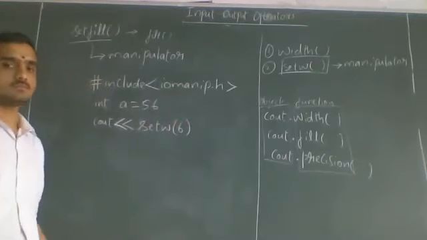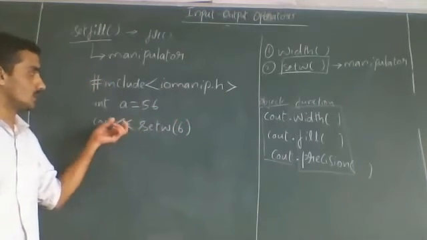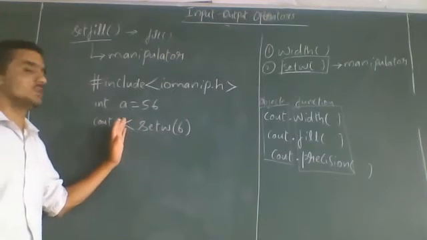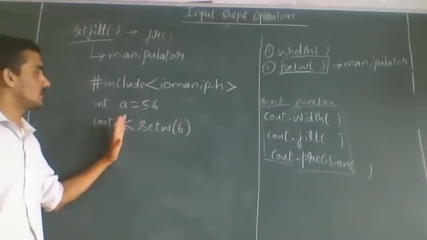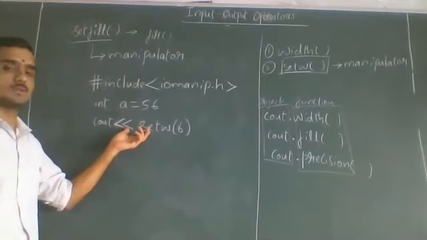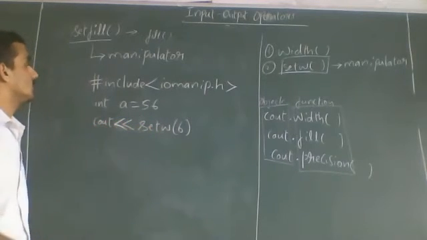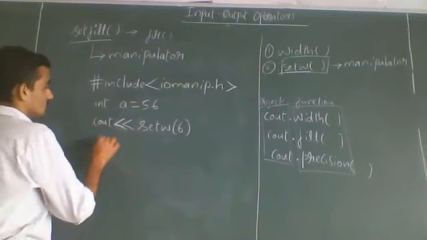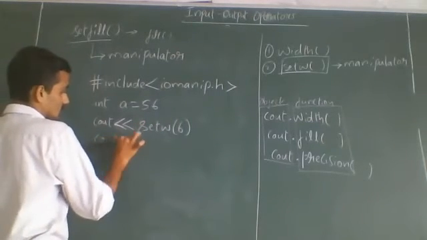The output of the previous example and this example will be the same. The only thing is the way we write it is different. That's all. In the previous example, I have used width. Here I am using setw. And in the previous example, I have used the fill function. So here, the setfill function. So see, cout, same thing.